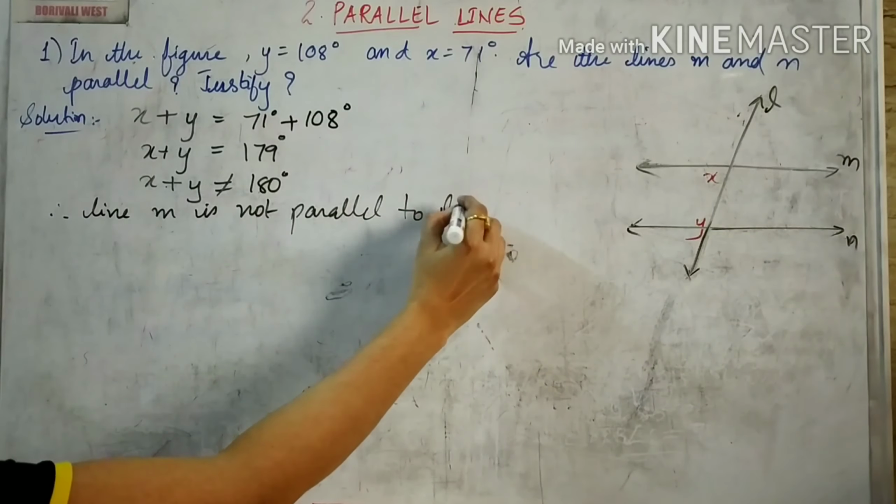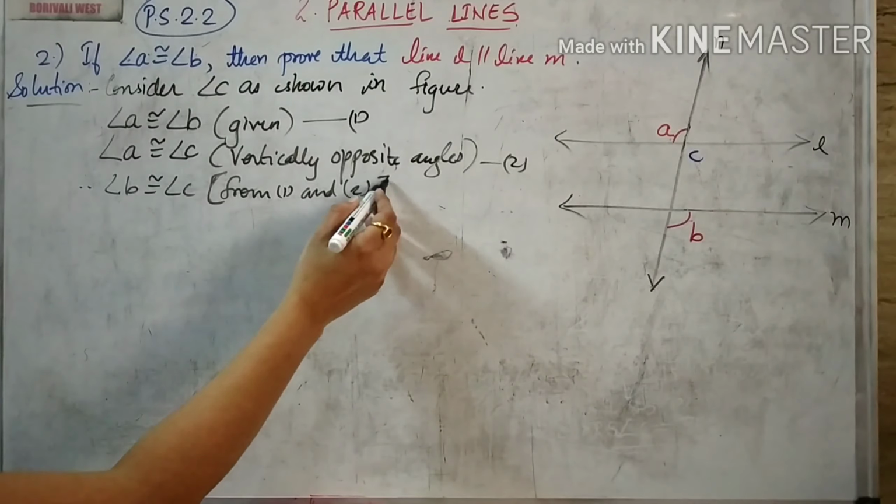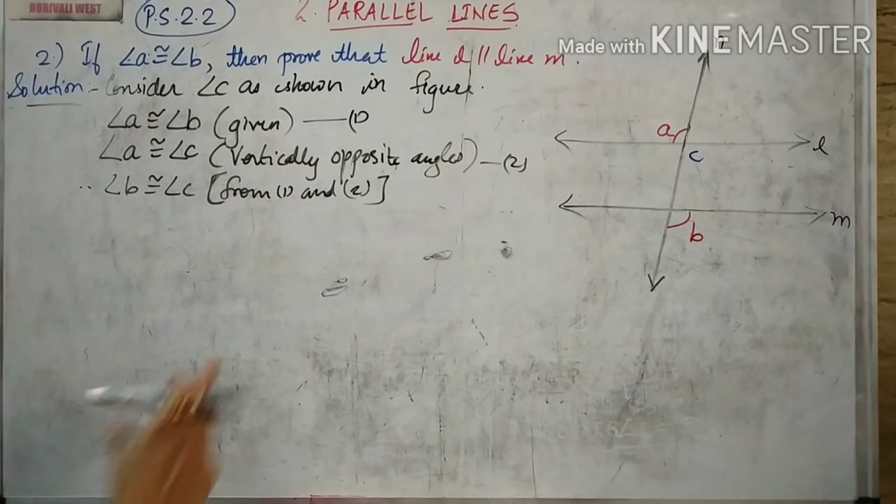Now if you look, the left hand side of your 1 and 2 are same, so automatically the right hand side becomes equal, and therefore I will say therefore angle B is congruent to angle C from 1 and 2. We'll put a square bracket because we have a curved bracket here. So here we have a round bracket, so you cannot put a round bracket again, so we put a box bracket.